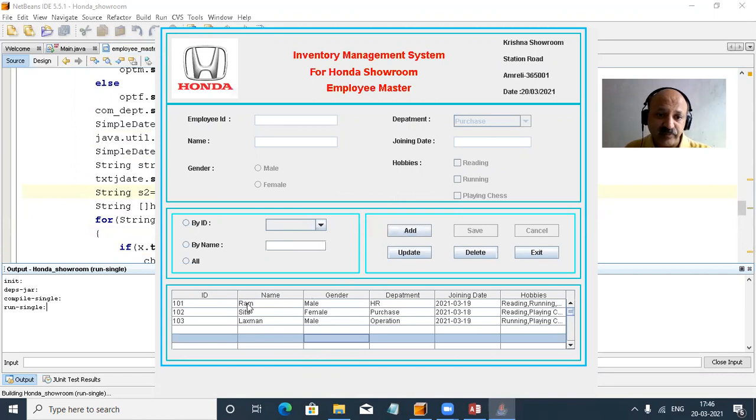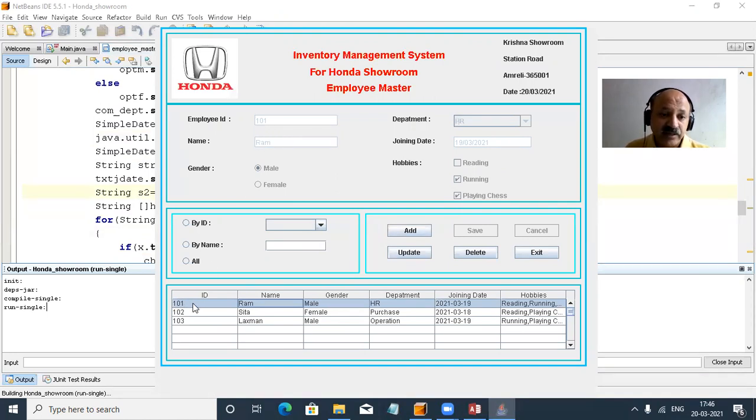Now I can select an appropriate row. So you can look here, that is perfect. We can match, yes, 101. Here I click in the JTable, but the record comes from our database original table. Ram, yes, name is perfect. Mail, yes, then department HR. Our date, you can look here, that format and that format are different. First we take YYYY, here in the JTable date, so that is YY, MM and DD, and then we take it as DD, MM and YY. Now I think you have to understand.